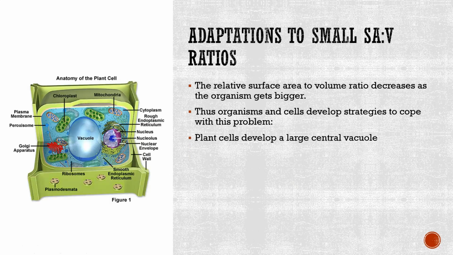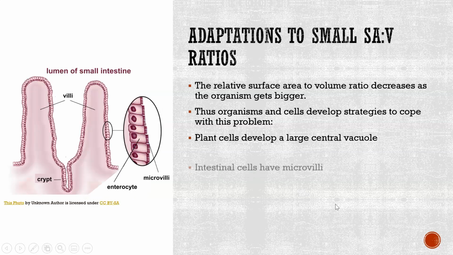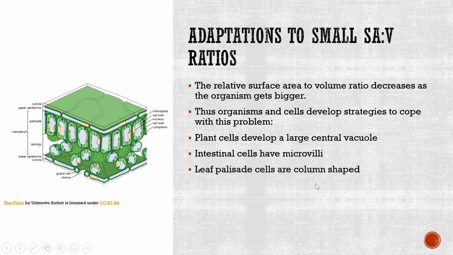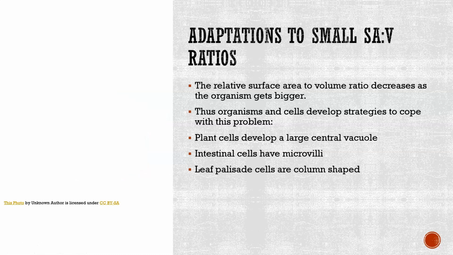For example, our plant cells have a large central vacuole. So you can see the vacuole in the center of the cell there. Our intestinal cells have microvilli to increase their surface area. So you see the microvilli on the end of the cell there, the little finger-like projections. So that increases their surface area. The leaf palisade cells are column-shaped, and that is to, again, increase that surface area. Also remembering that they have the